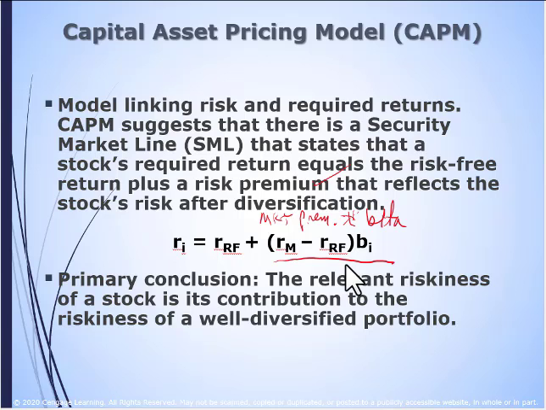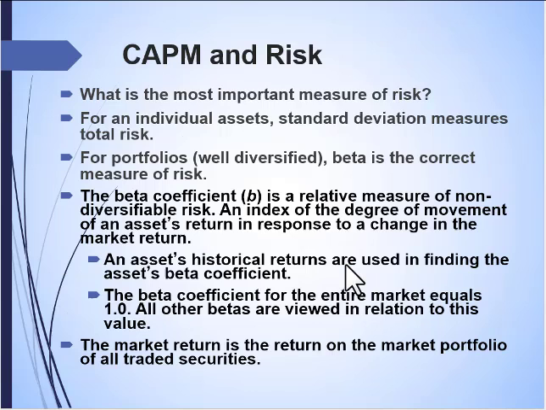So the primary conclusion here is that the riskiness of a stock is its contribution to the riskiness of a well-diversified portfolio. How do we know that? Because beta is a measure of market risk, and market risk is the risk that we're interested in if we're making portfolio decisions. So again,